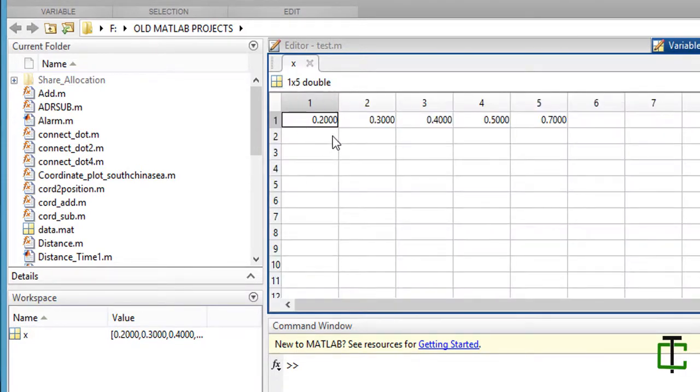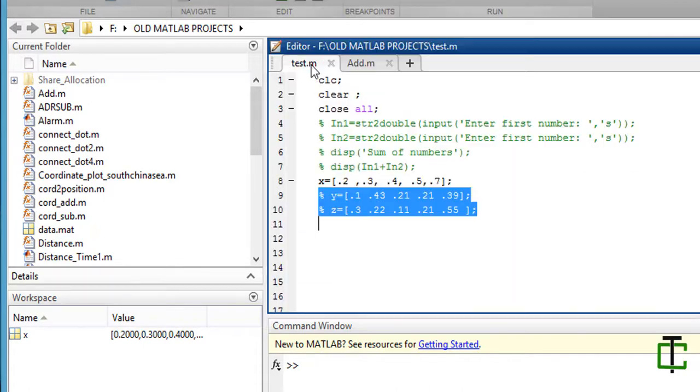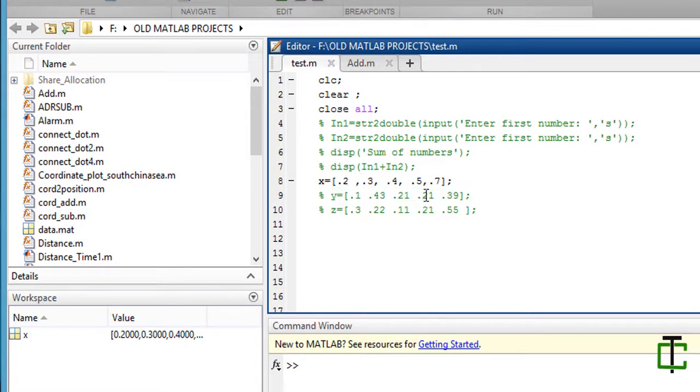Okay, it's a row matrix. If I eliminate this comma and only provide a space between the elements, it does the same thing. It's a row matrix.